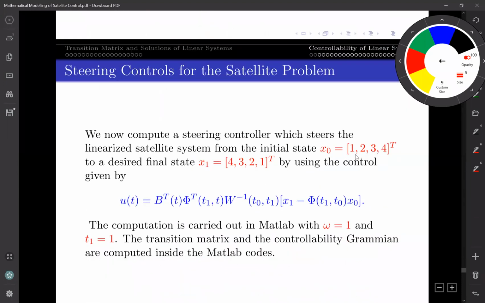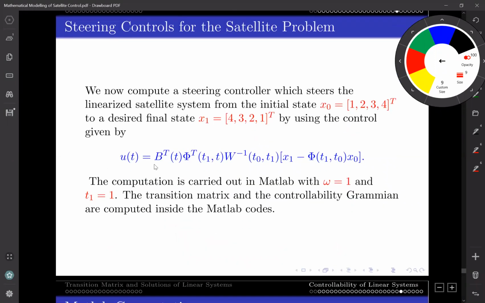Suppose I have an initial state, just typically I'm taking 1, 2, 3, 4. It's not meaningful numbers, just to indicate they are different. 1, 2, 3, 4 is the initial state, and my final state is 4, 3, 2, 1, just the reverse of it. I want to steer 1, 2, 3, 4 to 4, 3, 2, 1. And what is going to be the controller? By my formula, U(t) is B transpose, phi transpose, W inverse, into x1 minus phi(t1, t0) x0. And if the final time is 1 and the initial time t0 is 0, and for convenience assume that omega is 1,